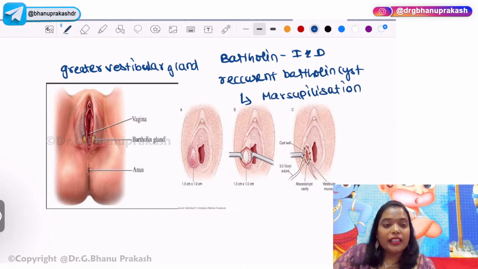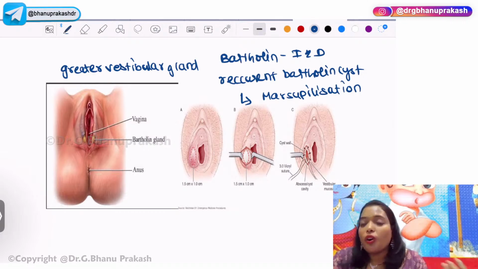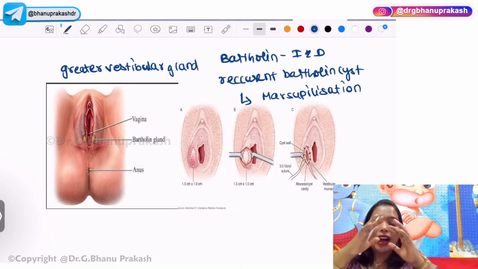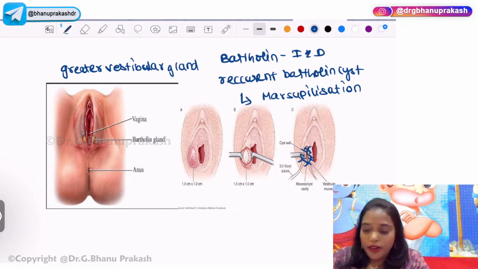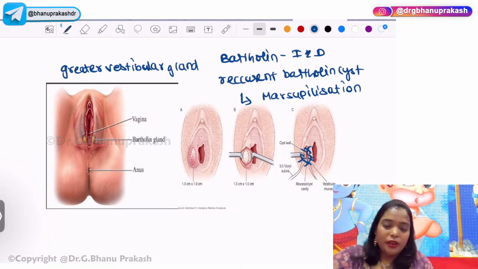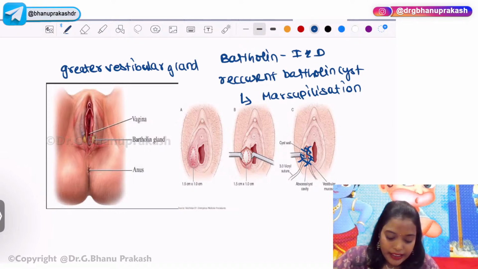Marsupialization. That is, you make an elliptical incision, drain out all the contents, and you have to close the edges. You have to close the edges. Okay, that is called marsupialization. Okay, right. Next is,